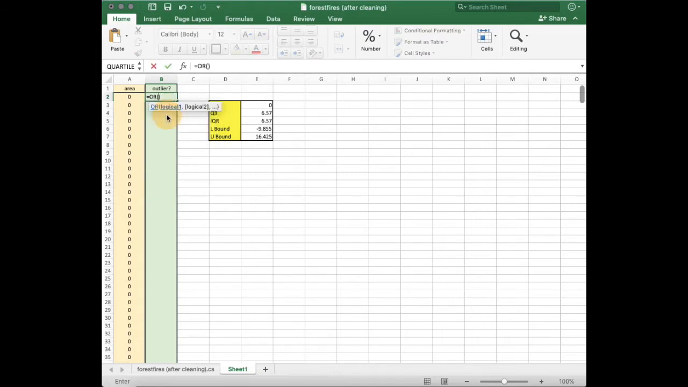Okay, next, in order to identify the outliers, we are going to use the OR function. So OR, and then we'll select this array, smaller than our lower bound, comma, select the array again, greater than upper bound. Okay, just click enter. So we get the false. When we get the true, it indicates outliers. So just click